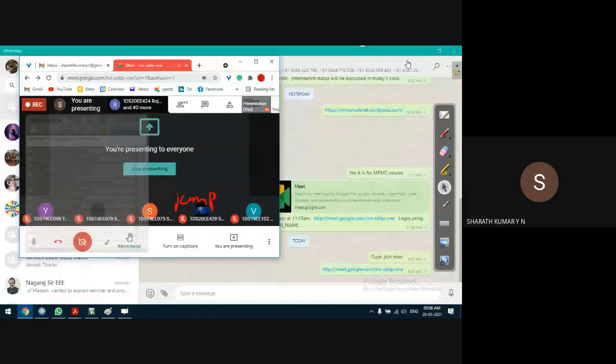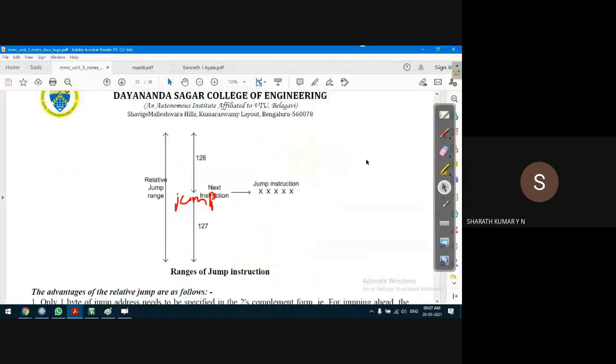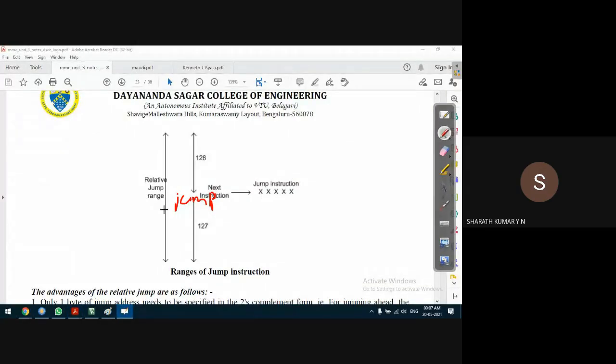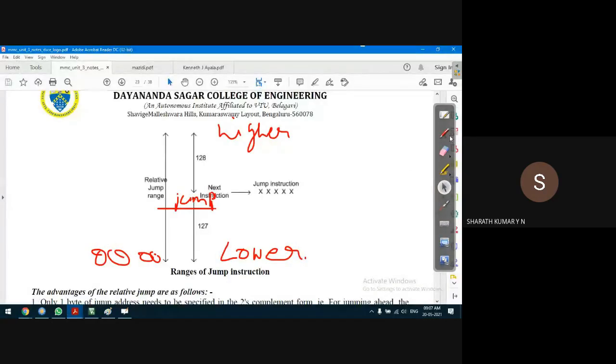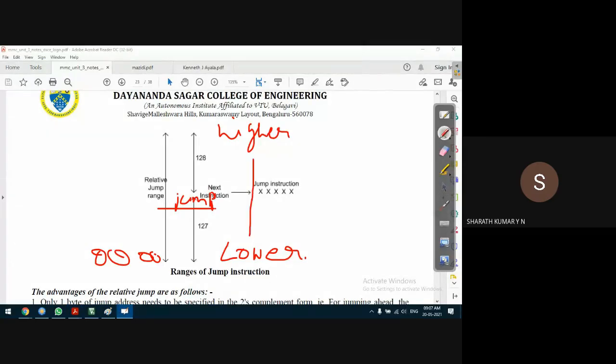So when the jump instruction is being executed, the microcontroller will be pointing to the next instruction. If you take this as the lower address, starting from, let us say, 0000, this is the higher address range. It is a convention, not necessarily that we need to take the lower address at the bottom. We should understand the concept, that's very important. The instructions are loaded from lower address to higher address.